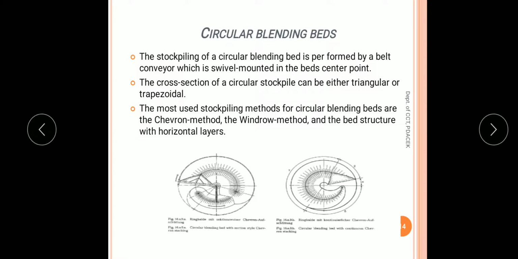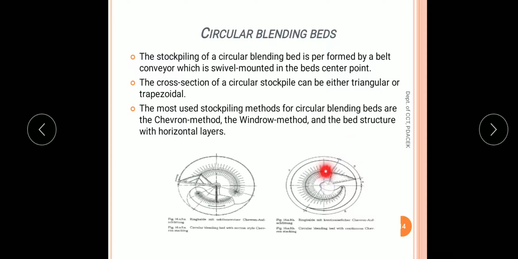So the next one is circular blending beds. The stockpiling of a circular blending bed is performed by a belt conveyor which is swivel mounted at the bed center point. The cross section of a circular stockpile can be either triangular or trapezoidal. You can see this is the top view of the circular blending bed.